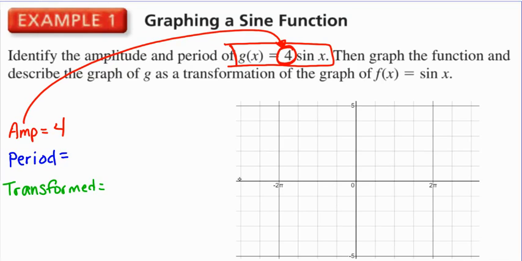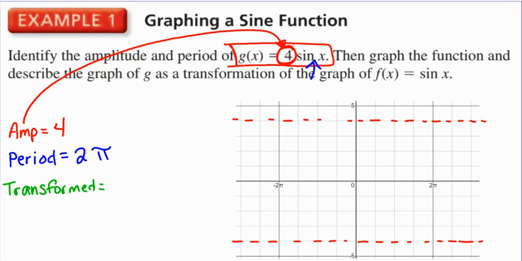So that tells me right away on my graph, here's 0, 0, 1, 2, 3, 4. This is how tall the graph is going to be. And then I mirror that down, negative 1, 2, 3, 4, and this is how low the graph is going to go, right? That's what the amplitude means. It stretches it taller and down farther lower, okay? The period, you'll notice there's no number in front of the x, so the period is going to be our standard 2 pi,